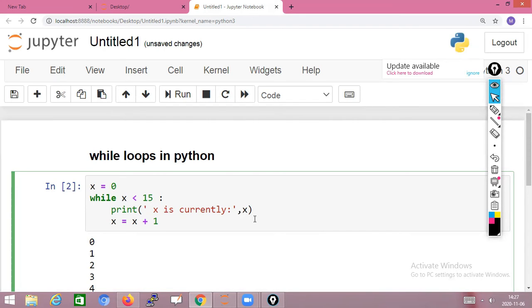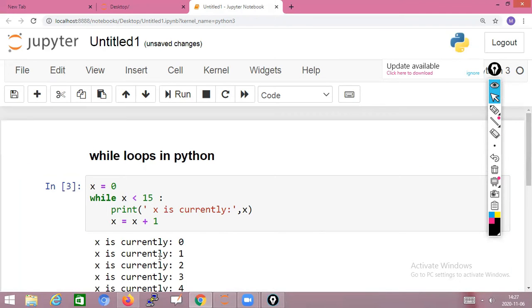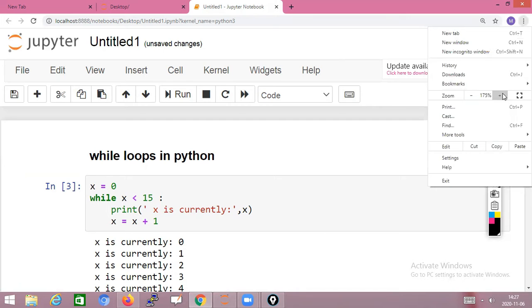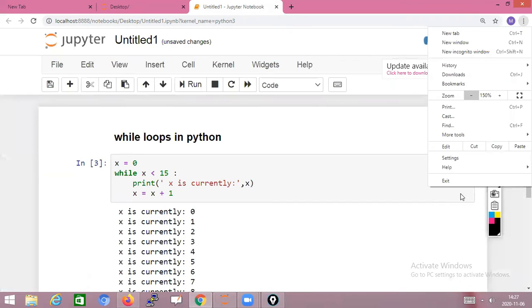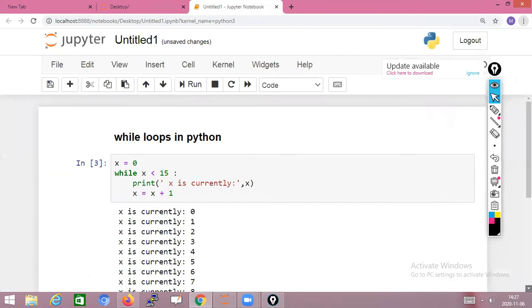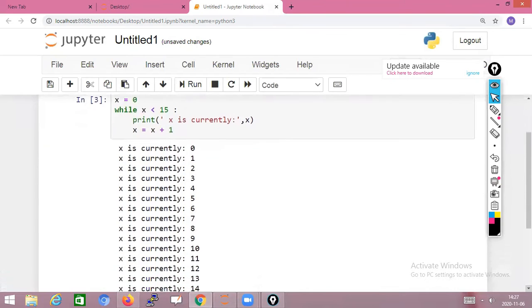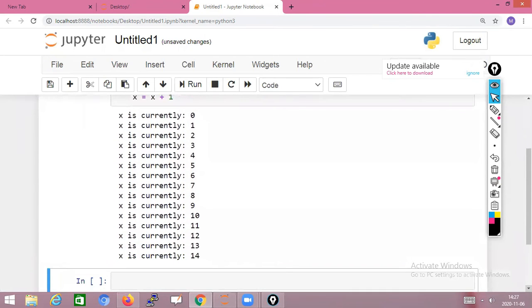Now again shift enter. You got "x is currently 0", "x is currently 1", and so on, up to "x is currently 14".